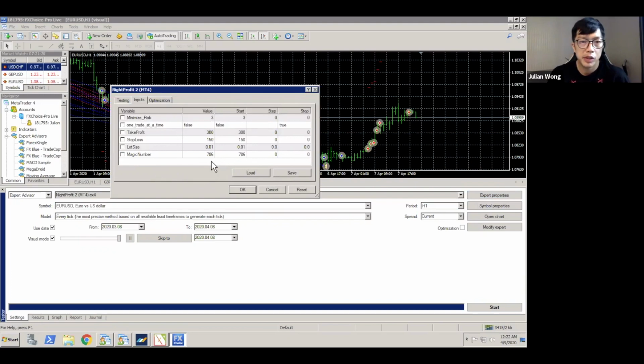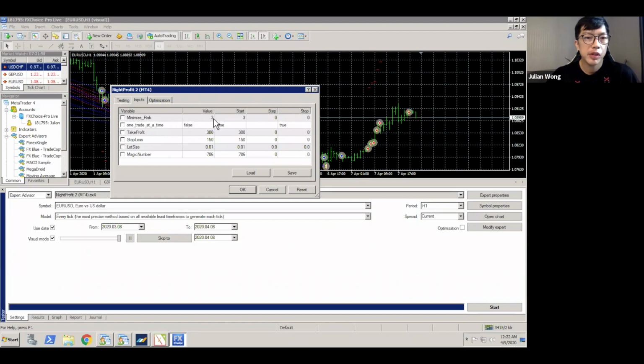So let's say you've got Euro USD, you can just change it to anything you want. But different one currency, one magic number. That would be the best way to work if you're running multiple EAs at the same time. But nowadays, most brokers allow you to open multiple sub accounts. So I actually prefer to run on multiple accounts instead, so that sometimes, if the market is bad, you don't want to have the different drawdowns to come together at the same time and bust your account. Now we're gonna